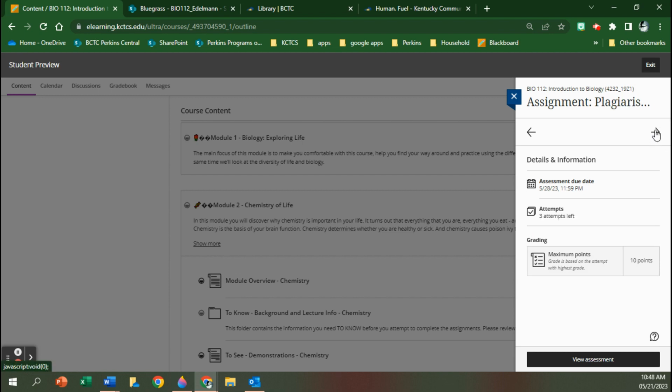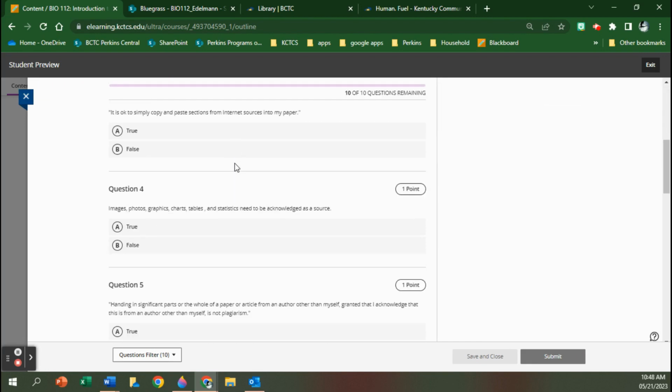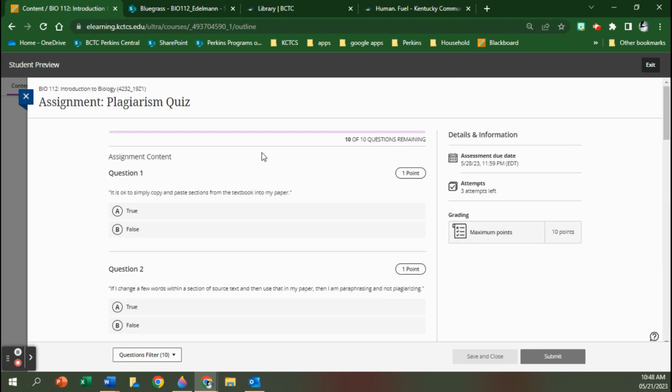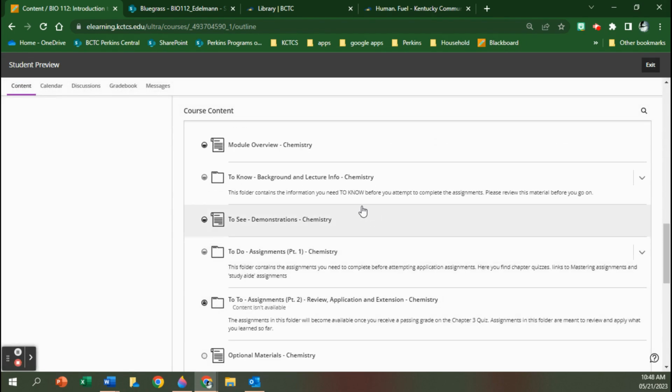Plagiarism, there's a couple of things you've got to read up on. And when you go in the assessment, there are a couple of questions here. And of course, you saw where the links were with the information to go along with that. So that's that one. And then last but not least,